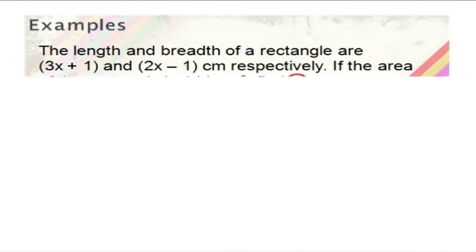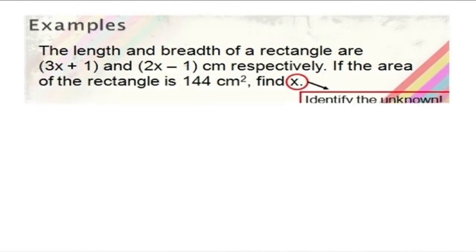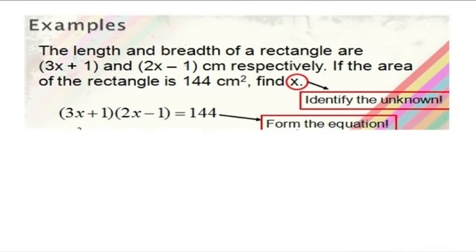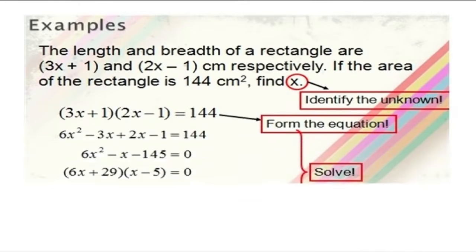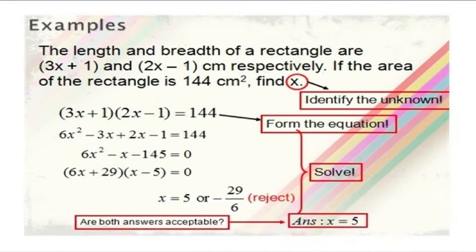Take an example. The length and breadth of a rectangle are 3x plus 1 and 2x minus 1 centimeter respectively. If the area of the rectangle is 144 centimeter square, find the value of x. Now the first step is to identify the unknown quantity. 3x plus 1 multiplied by 2x minus 1 equal to 144 forms the equation,